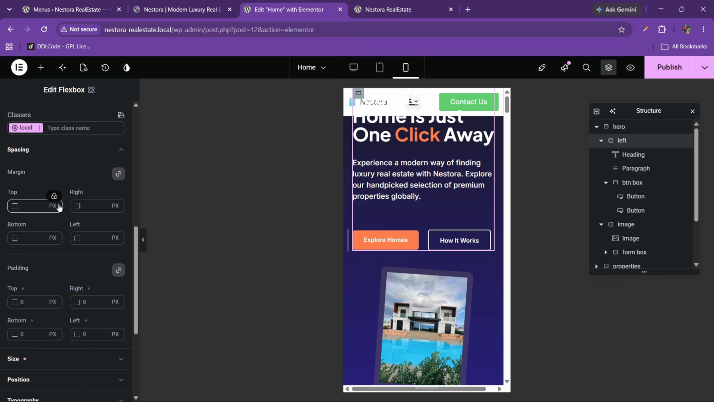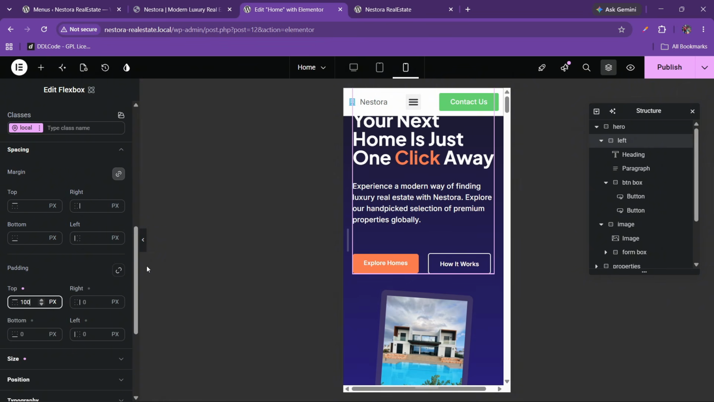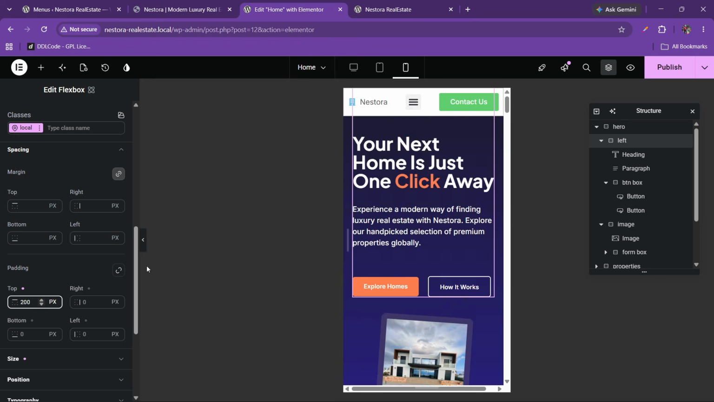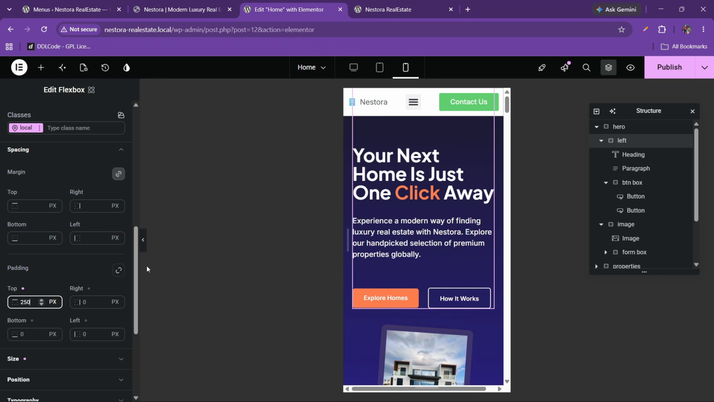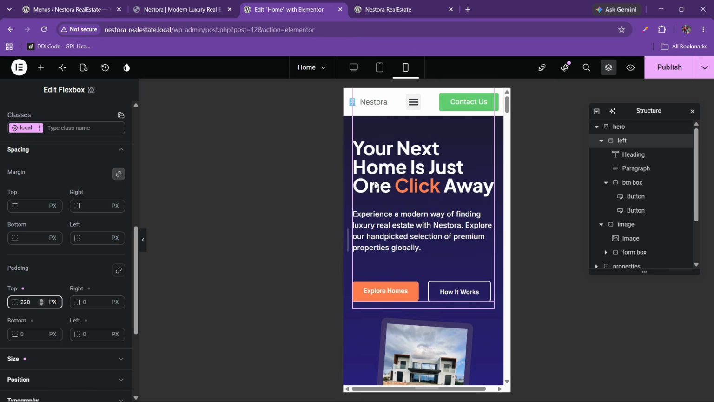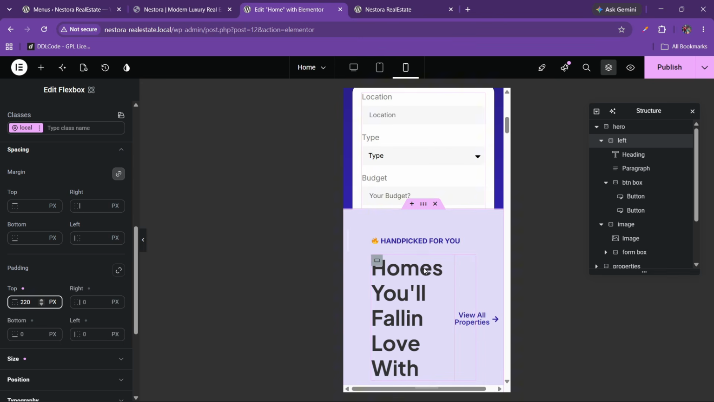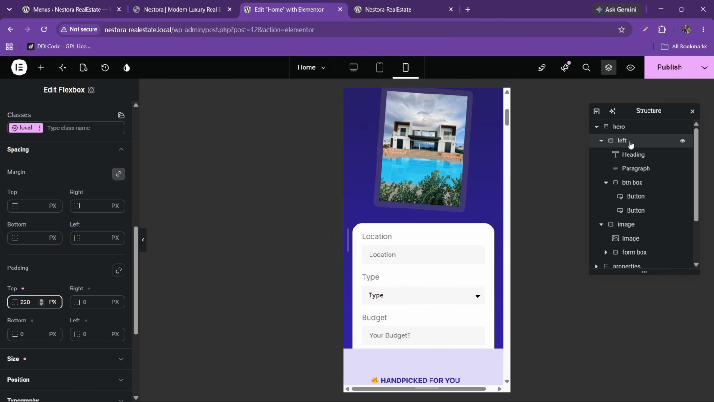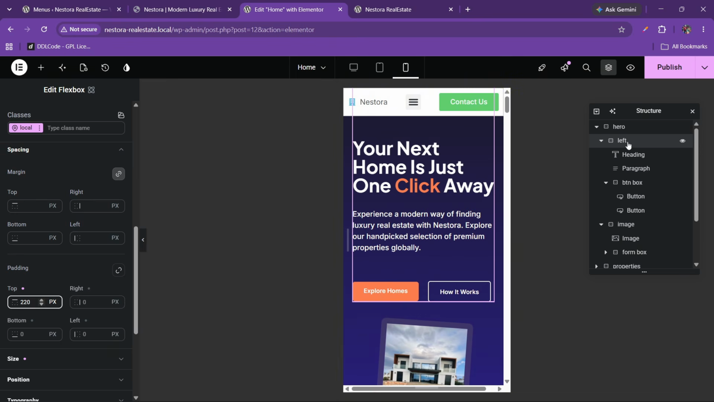Okay, and we are getting this, so let's click on this left section, and here let's try to put some padding. So now you can see we have the padding option here, so we can just put this like 100. Okay, 250. Okay, 220. And if I go below, you can see, and we can also